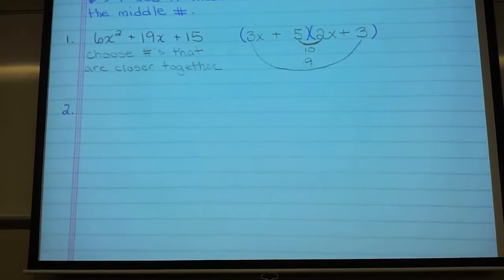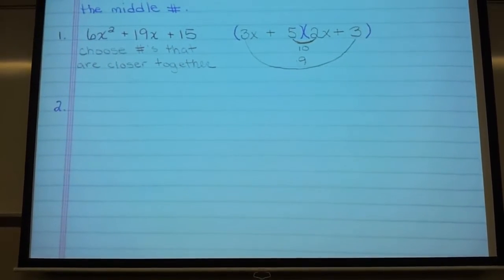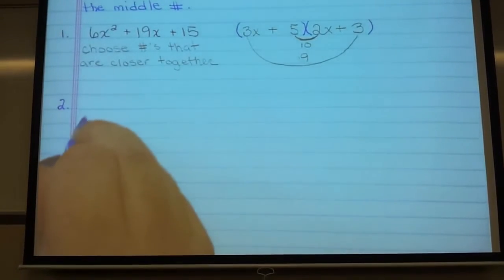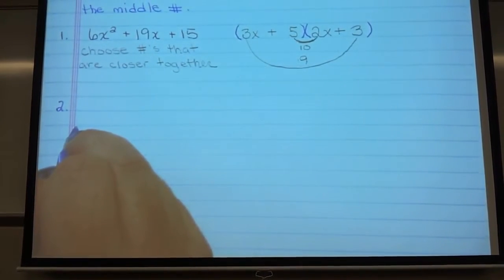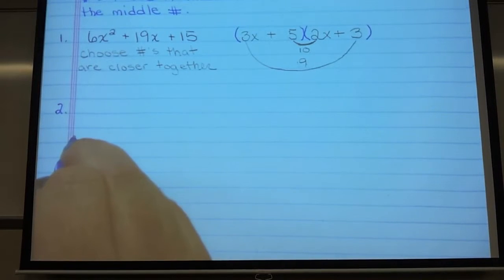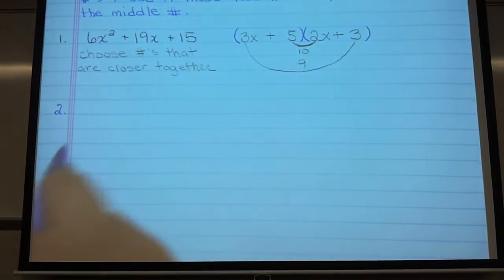How many of these problems do you have that have in the exam? I think there are 2. 2? So that's 8 points. Yeah. Let's try another one. Let's say we have